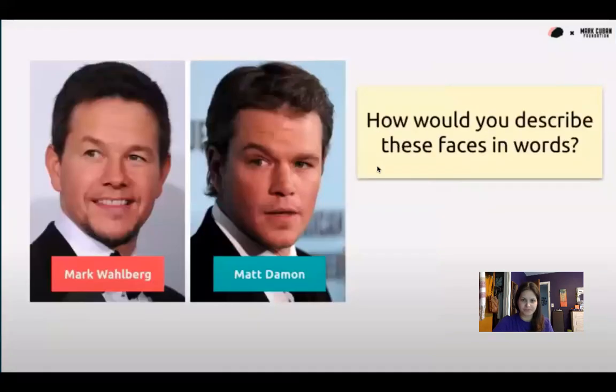Now, when we start getting into something more complex like facial recognition, those rules are a lot harder. How do you discern between Mark Wahlberg and Matt Damon? And especially, what if they aren't just making that facial expression all the time? How does that work? And so you can see how it starts to become much more complex to get a computer to identify between those things.